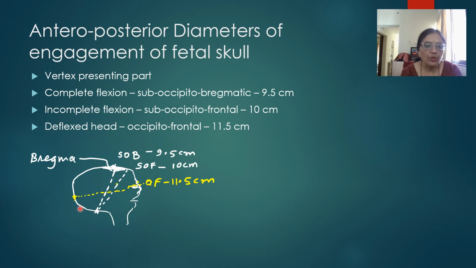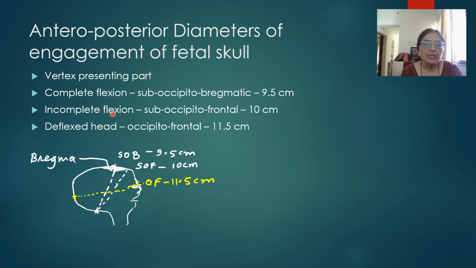Subocciput is a point just below the occipital protuberance, and bregma is the center of the anterior fontanelle. So from this suboccipital point to the bregma is the suboccipitobregmatic diameter, and it is the shortest anteroposterior diameter of engagement, that is 9.5 centimeters. So complete flexion is the attitude of choice for easy vaginal